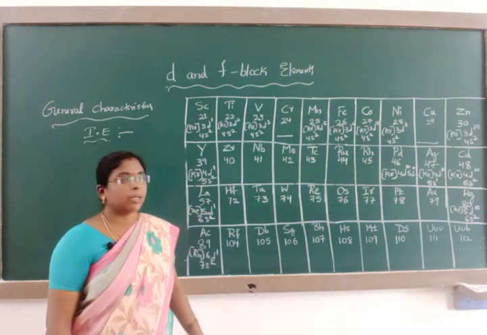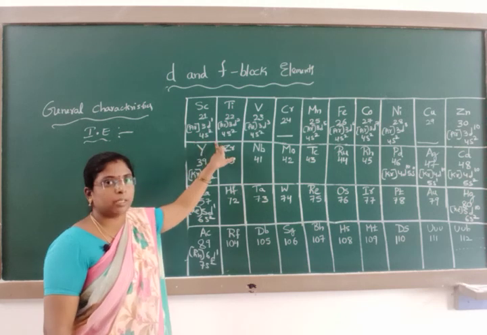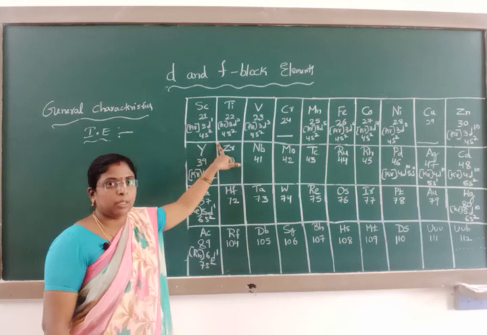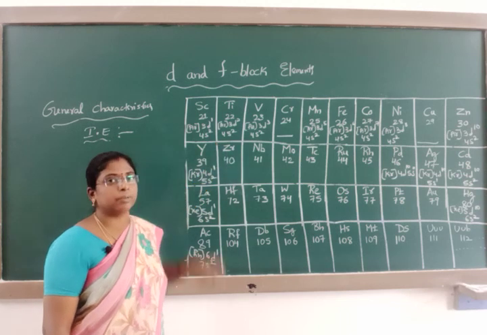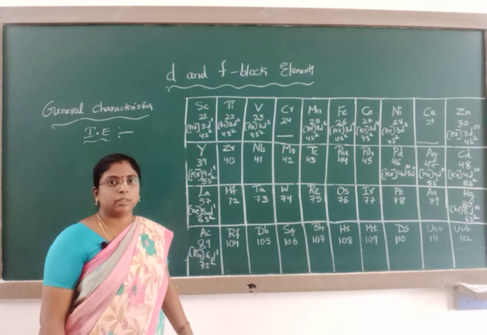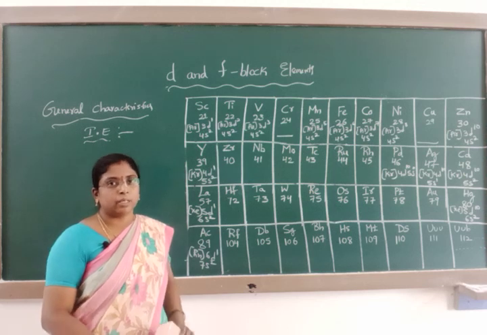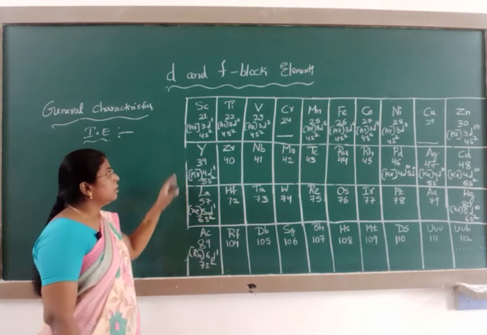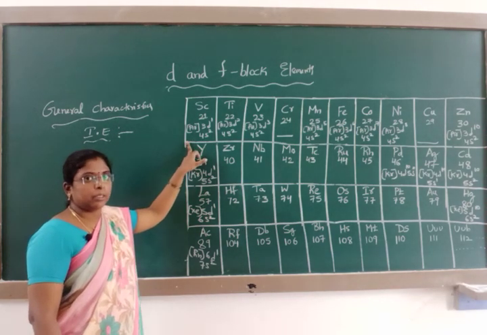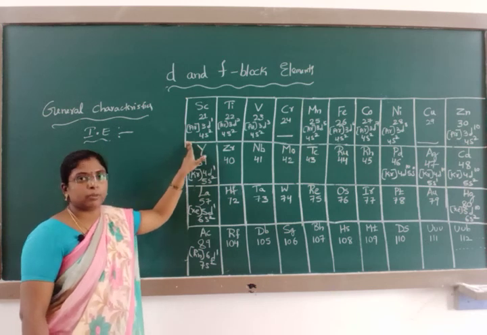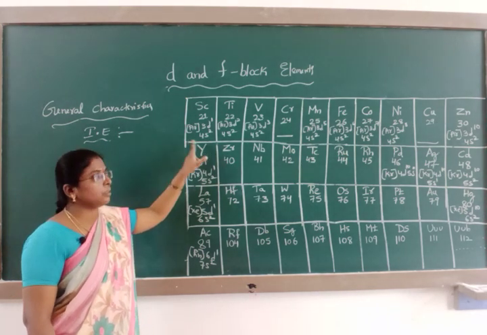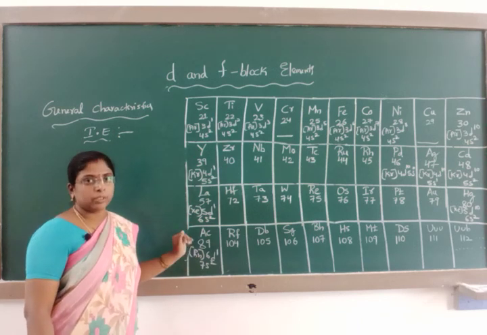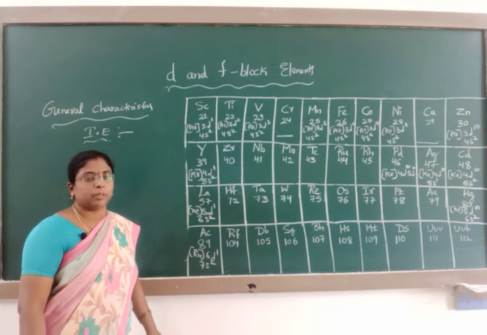Since the electrons are added to the 3d subshell, in general the effective nuclear charge should increase. But in case of these d block elements, it is not regular. In general, along the period, ionization enthalpy goes on increasing, whereas down the group it should go on decreasing with increase in the atomic number.